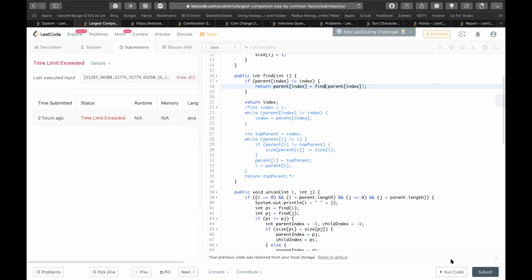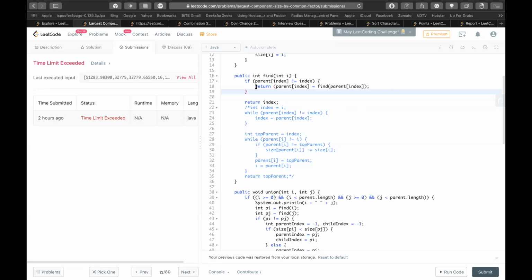Actually, when you're returning index, you don't have to return index, right? Don't return it from the first if statement. When you are returning parent index, don't return from there. Just say parent index is equal to find of index. And no return there. Just remove that return. And here, when you are returning index, you say return parent index. Oh, actually, this is the same. It tries to assign this to this one, and it returns that.